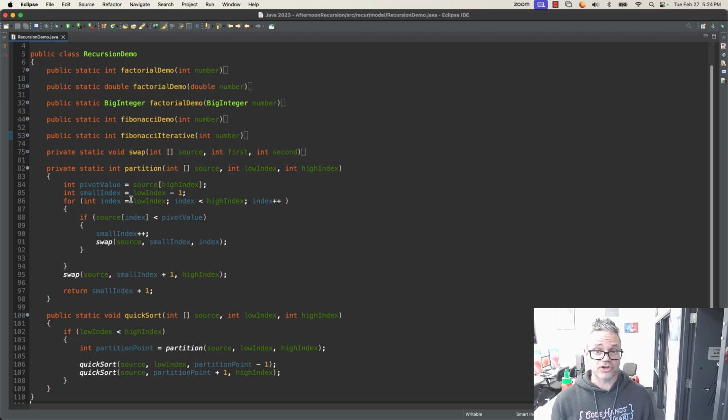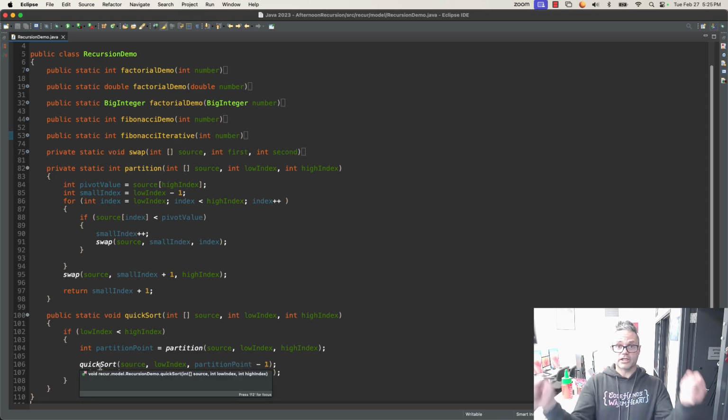And because this is a recursive method, we're going to be calling the QuickSort from here, which will come back up to this point, passing it the original array, that new low index, which is low index, and my high index will be partition point minus 1. It'll compare those values to see if they're less than. If that's the case, it'll recalculate the new partition point, passing it that low and that high index, which was that original partition point minus 1, and then call these two methods again,